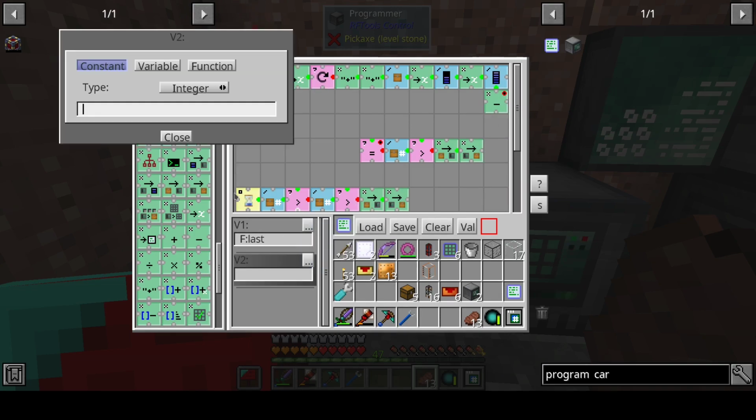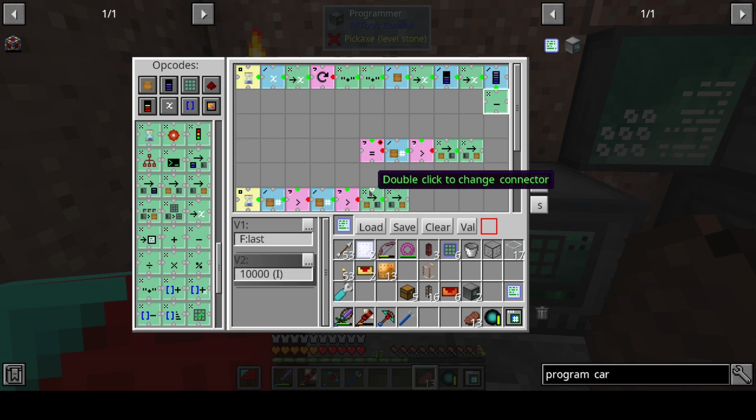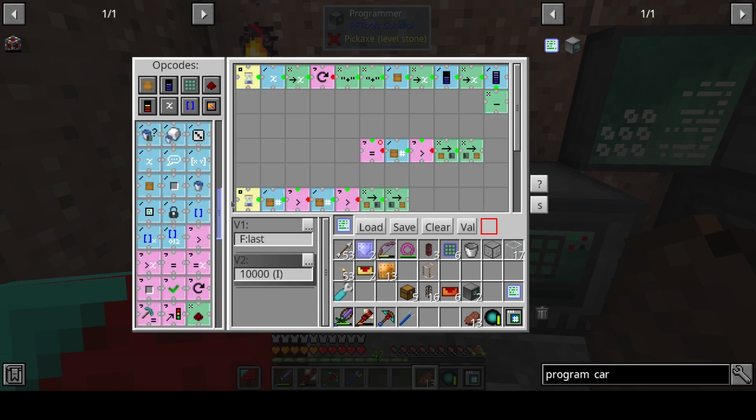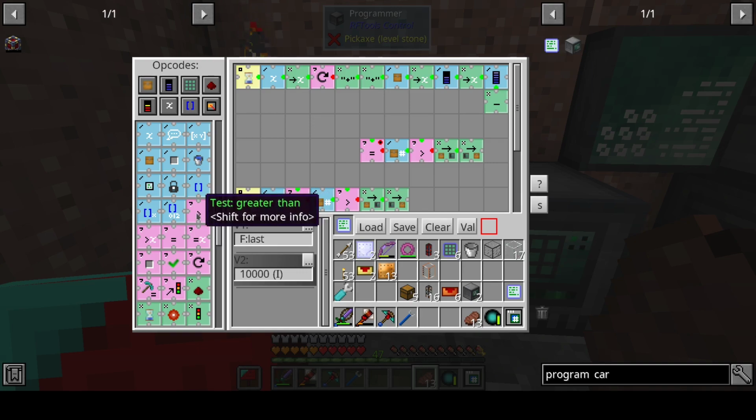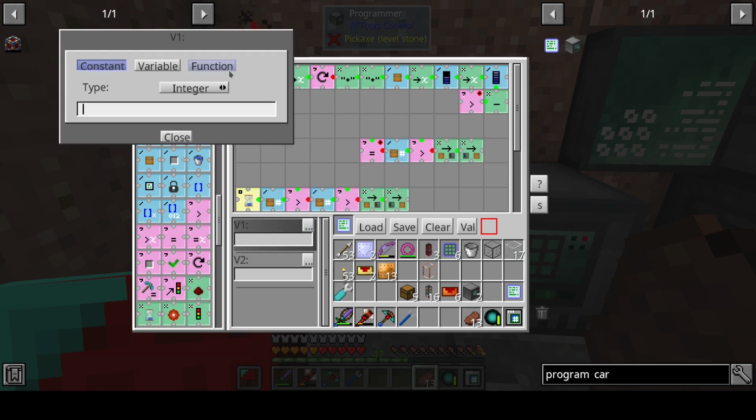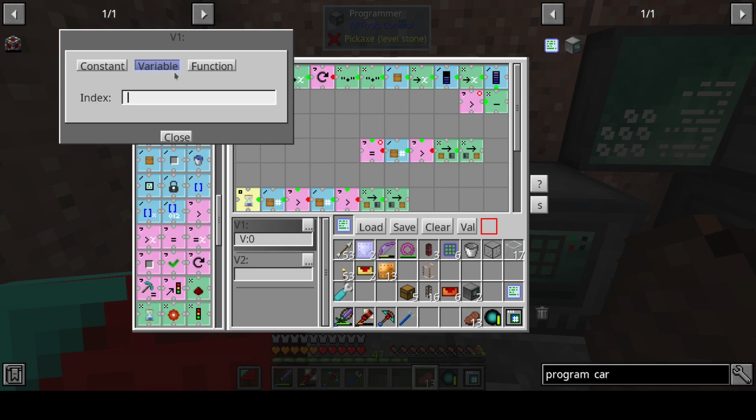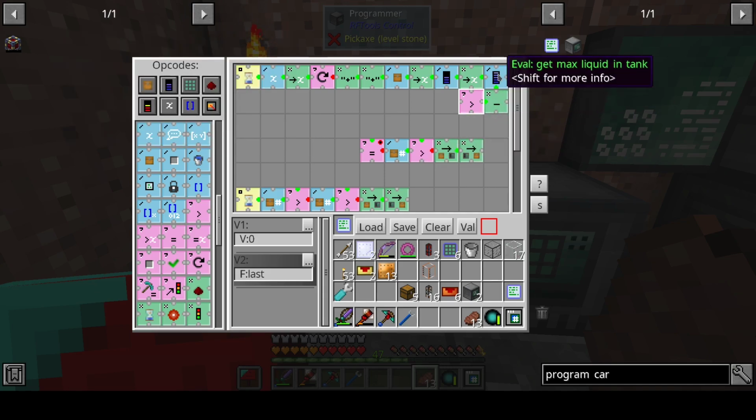Last number, 10,000. And then we compare. Okay, if, no, 0, that was the amount, is greater than the last number, so then the maximum capacity minus 10,000, then we do nothing, otherwise